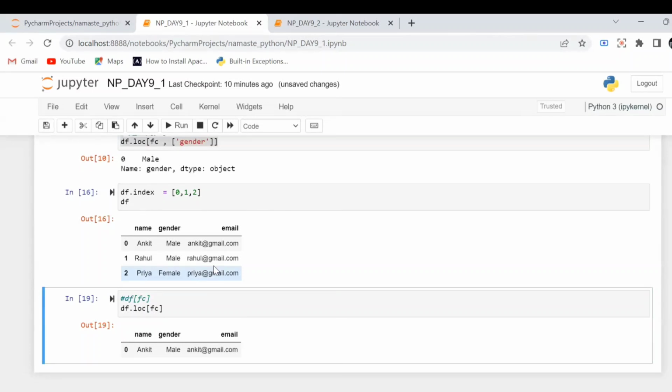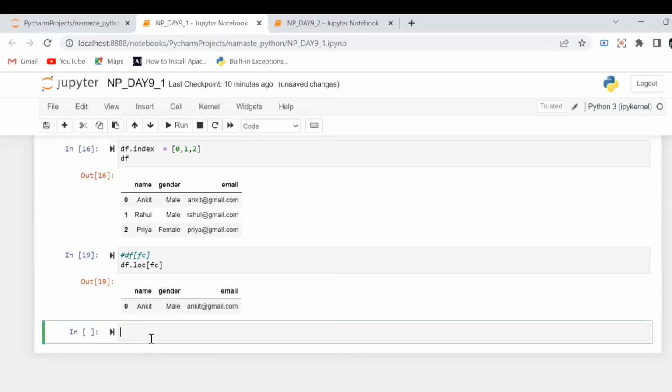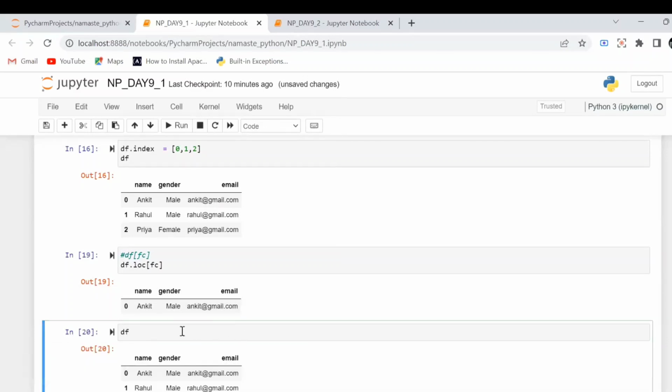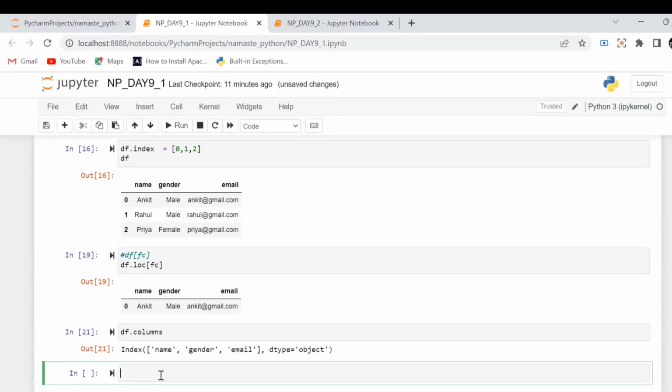Okay. So similar to how here we were able to override the indexes, if we want to give some other value to our indexes, what about columns? What if I want to change the column names? These are my columns currently, and I can check using df.columns. So these are my columns: name, gender, email. Now what if I want to change the column name? So what I will do, I will say df.columns,